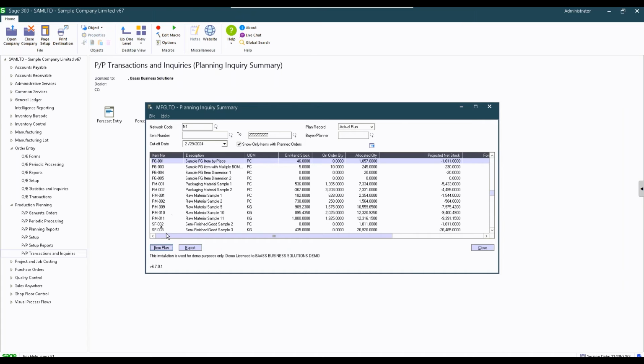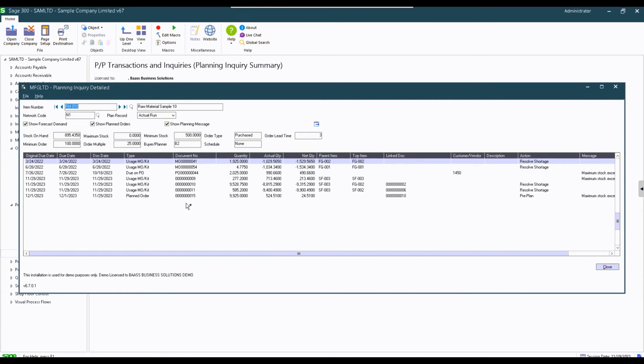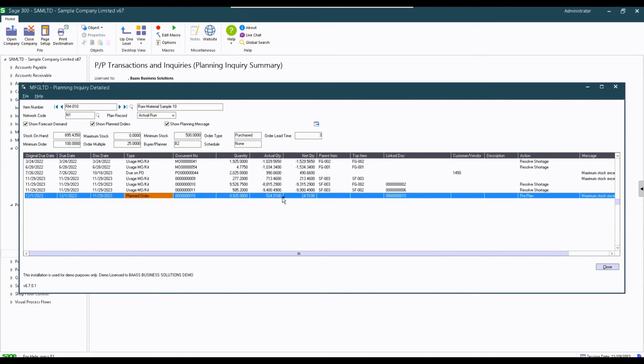If I look at my raw material, for instance, we'll just look at one. If I look at my item plan, same idea. It'll consider what is the demand, and then the plan order in this case is going to be a plan order of 99.25, and this would trigger a purchase request, because this order type is purchase, not a manufacturing order. Okay,